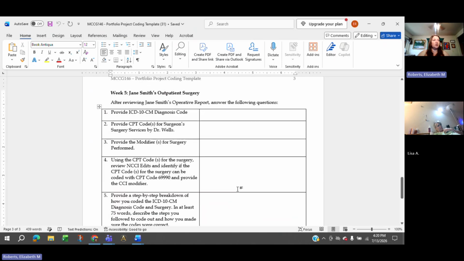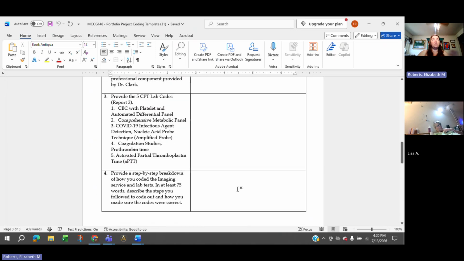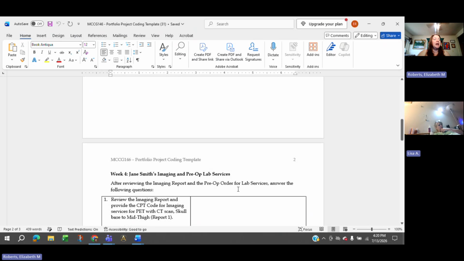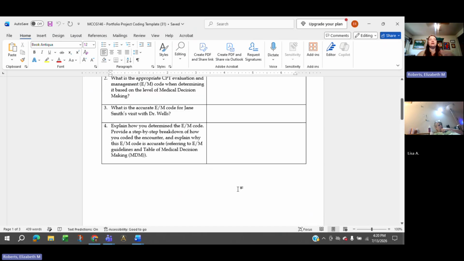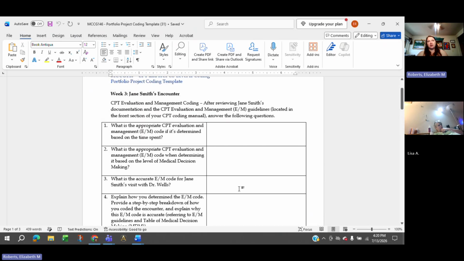So ultimately, you should only be turning in one document. And you're going to turn it in week 3, add to it, fix it, then turn it in week 4, fix the other stuff if you need to fix anything, add to week 4, and then it's the same document. It's kind of a working document that we flip back and forth.